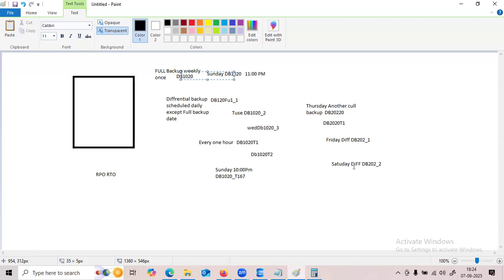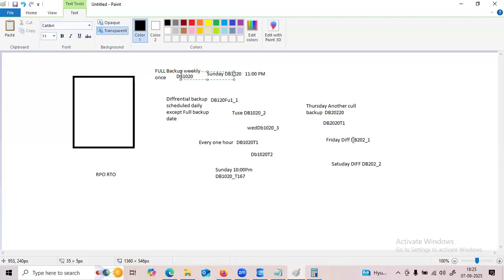So if you take any full backup in the middle of the week or the middle of the day, it disturbs our backup LSN chain. Our backup LSN chain means every Sunday full backup, every day differential backup, every 1 hour or 30 minutes log backup. That is our schedule, and accordingly our differential and log backups point to our Sunday full backup LSN number.